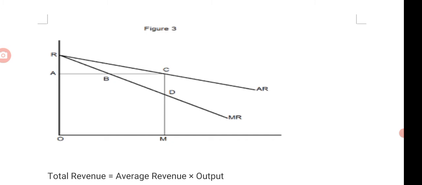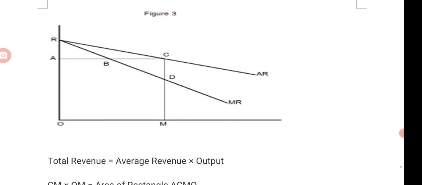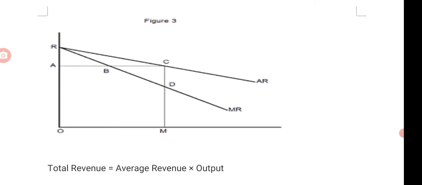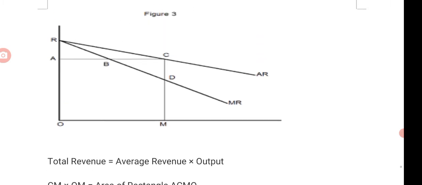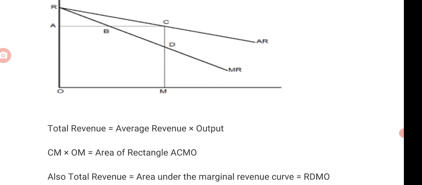Therefore, ABDMO plus BCD is equal to ABDMO plus RAB, or BCD is equal to RAB, as shown in the diagram. Angle RAB is equal to angle BCD, being right angles, and angle RBA is equal to angle CBD, being vertically opposite angles. Thus, the two angles are equal, so the area BCD is equal to RAB. Therefore, AB is equal to BC. Hence, it is proved that the marginal revenue curve will cut any line perpendicular to the y-axis at halfway to